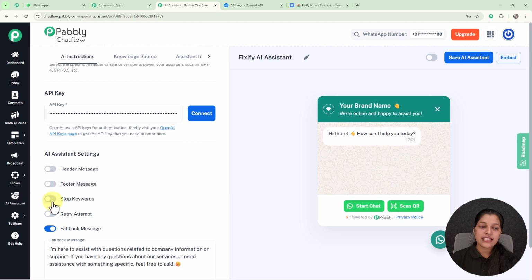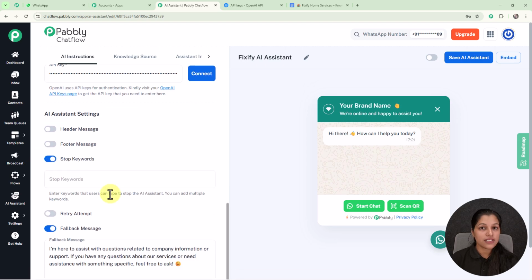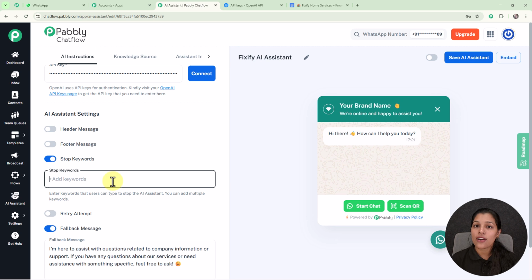And now we are getting the stop keywords. So stop keywords are the words which can stop your AI assistant. Now let's say I want to stop my AI assistant as soon as someone enters a message consisting of this word stop. So for that you just have to type it, and here you can see I have typed it, and now I am going to press the enter key, and here our one stop keyword is ready. And now as soon as someone will enter this word, our AI assistant will be stopped. So here I am not going to provide any stop keyword, so I am going to just disable it,